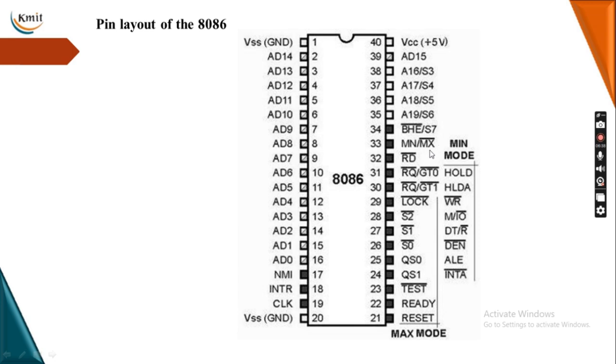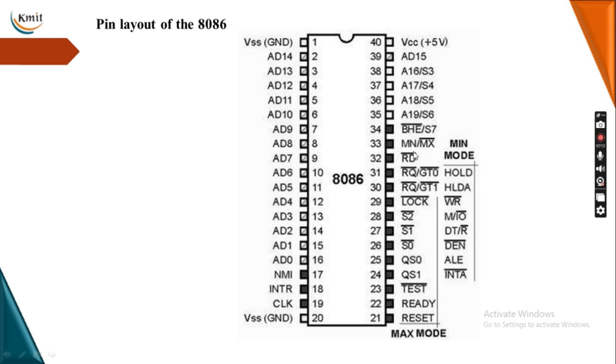If it is 0, then MX 0 bar, MX bar, nothing but 0 bar is 1, 0 complement 1. MN is 0, nothing but MX. If MN by MX bar is equal to 0, nothing but MX is active, nothing but 8086 operates in maximum mode. Clear? MN by MX bar is equal to 0,